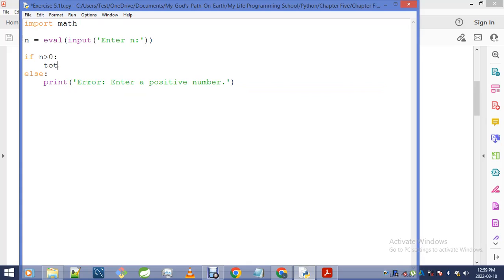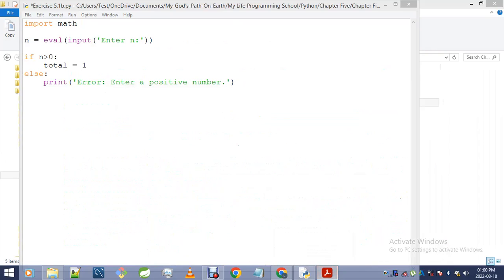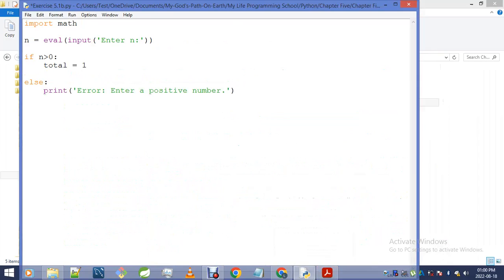Okay, I'll simply go total. I'll initialize total to 1. Check out this pattern, you guys. We've got 1 over 1 plus 1 over 2 plus 1 over 3 up to 1 over n, minus len n. Okay, now in order to do that,